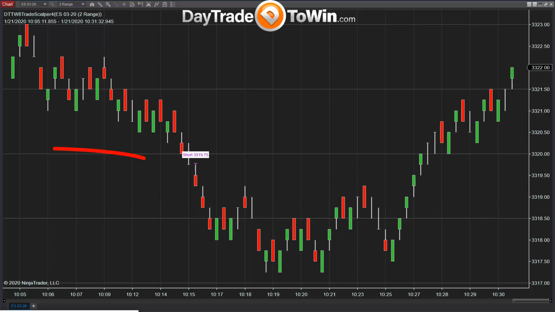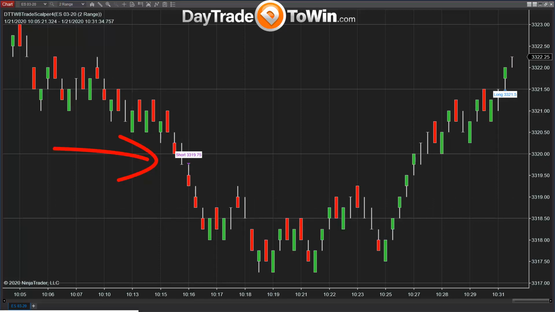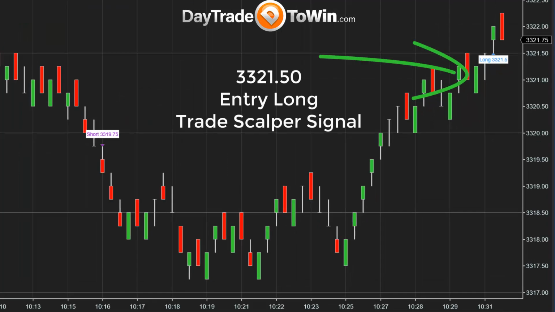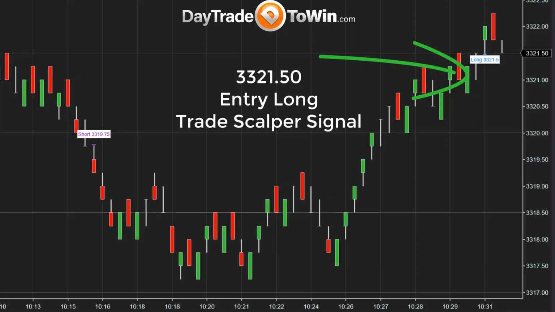So there's a signal here at 33.19.75 at about 10:15. This happened earlier in the day. I was not able to enter short on this trade, but there is a signal here that just appeared long at 33.21.50. I want to enter not in a rushed manner, but knowing that there's a specific entry. You don't have to chase this market. Enter at 33.21.50 or better if you can get a better price, and then manage the trade with a stop